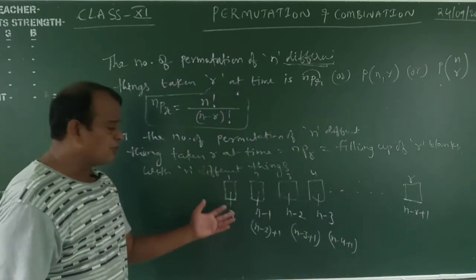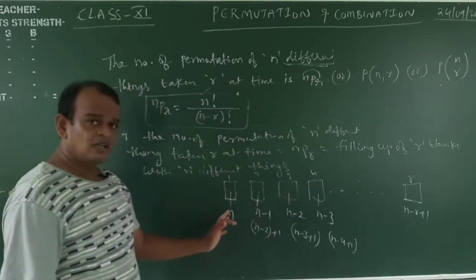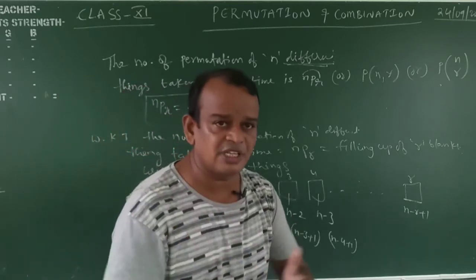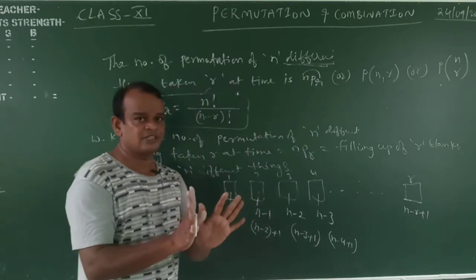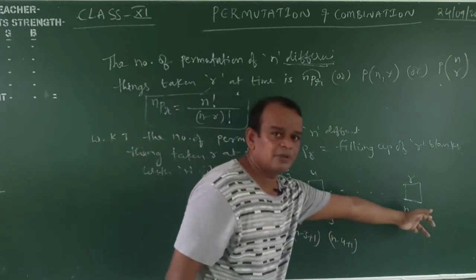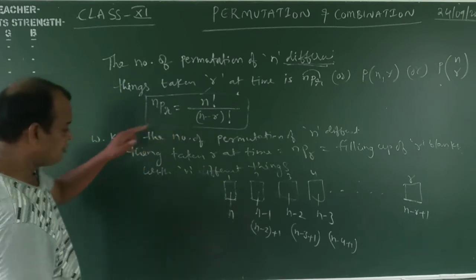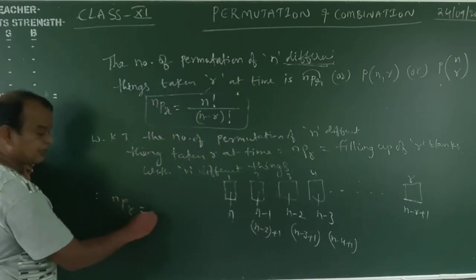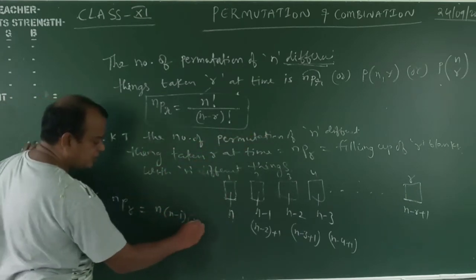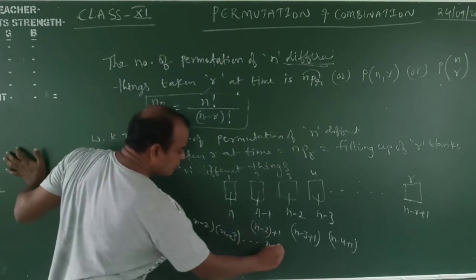Now this is by using the fundamental principle. Fundamental principle means total work, means filling up of R blanks. That is continued product. The fundamental principle means if your work can be done in N ways, other work can be done in N minus 1, these two works can be done in N into N minus 1 ways. Here the total work is completed in how many ways? N into N minus 1 into N minus 2 into N minus 3, up to N minus R plus 1. Filling up of R blanks, that is equal to 100% NPR. Therefore, by using the fundamental principle, NPR is equal to filling up of R blanks, that is equal to N into N minus 1 into N minus 2 into N minus 3, and so on, N minus R plus 1.